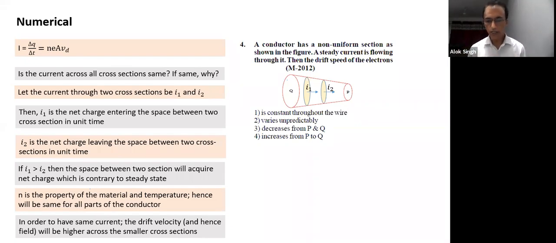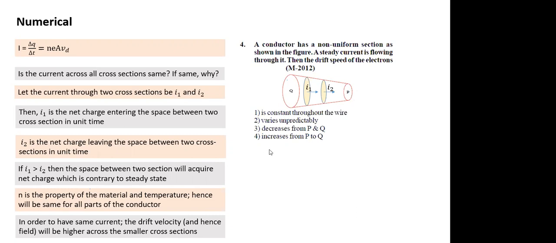Then we link to current. What is current equal to? Because all electrons drift, it leads to a net transfer of charge across a cross section, which is current. Current is the charge flow in a second, equal to the flow of all electrons present within a length equal to Vd, which comes to nEA Vd. That's current. Then we link to voltage, and now we are analyzing the same part. So I hope you are clear. Wherever area becomes half, velocity becomes double, and field becomes double. Yes, sir. Okay.